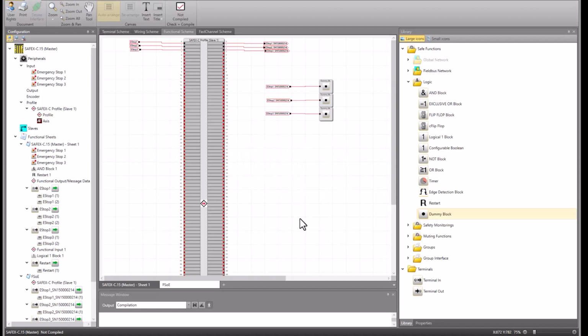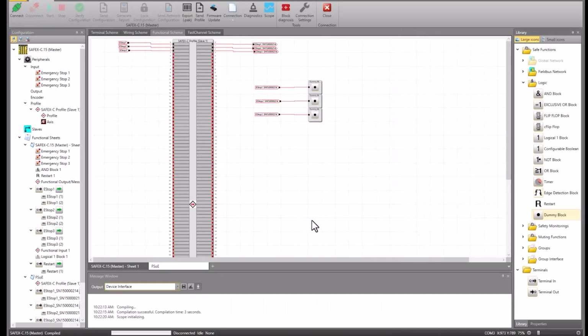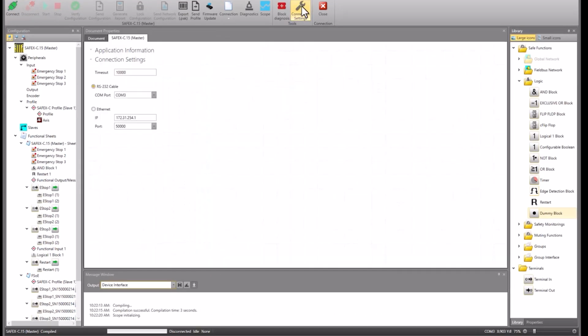For this I go again on the device interface. Here again a short hint. Under connection settings there is the possibility, in case you have several USB COM interfaces, to select the suitable one here or also to make a configuration via Ethernet. I close the window again.